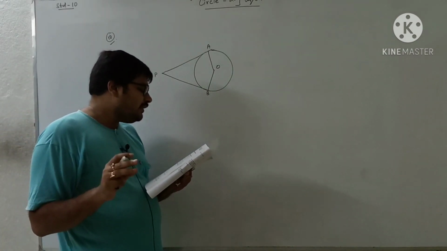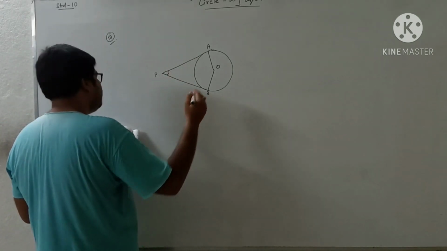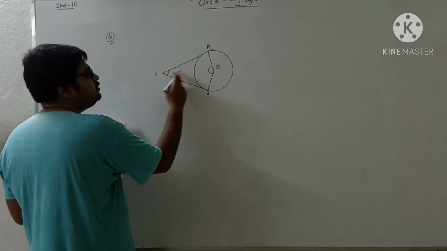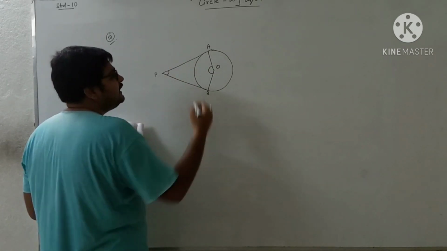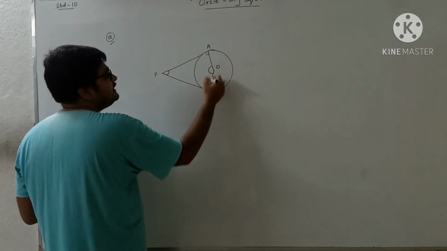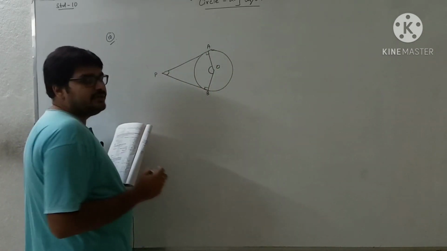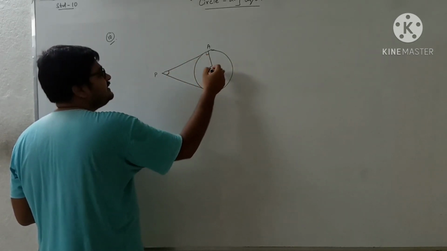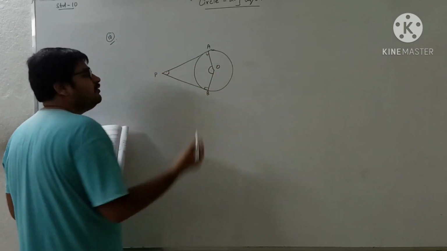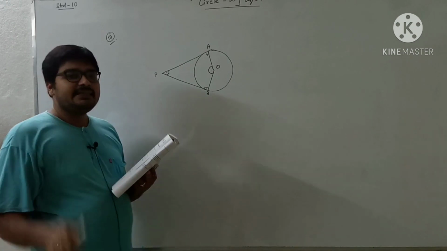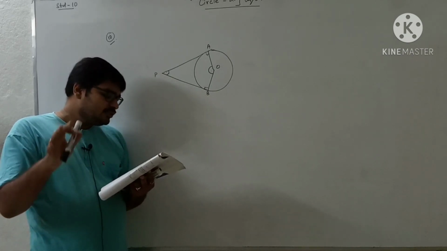And what you have to prove? The angle between the two tangents, that means this angle, and the angle subtended by them at the center of the circle, that means this angle, these two are supplementary we have to prove, and it is one of the easiest proofs. In that class we showed this angle is 90 and this angle is 90 because radius is perpendicular to tangent. So these two together give you 180 degree. Now the sum of all angles of a quadrilateral is 360, you already know. So if I subtract 180 from 360, the remaining two angles total 180 degree. So this proof you can complete yourself with the proper statement, because it has already been done in the first class.